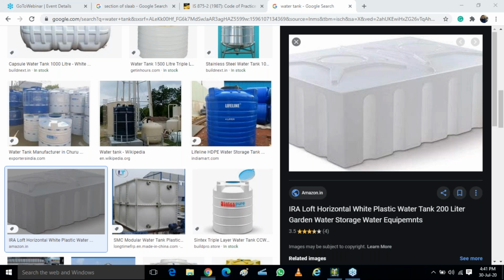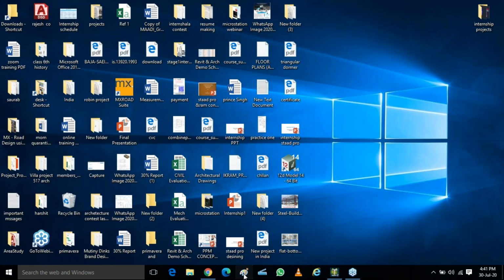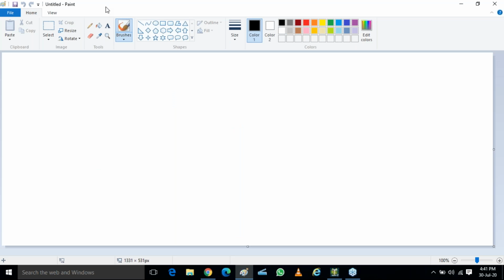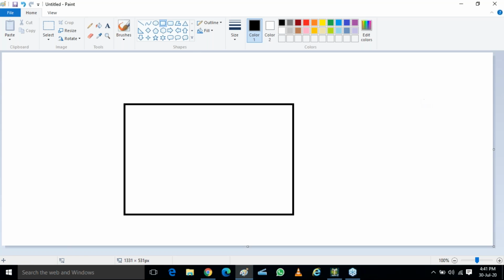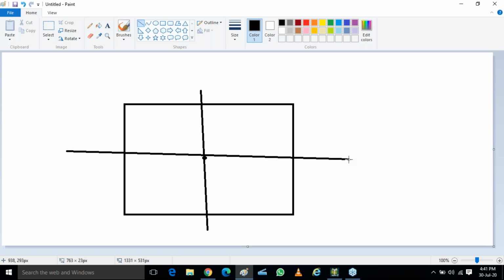For that, go to your... this is your plate, this is your center. Taking the center x, y coordinate, I'll draw it like this. If this is 0 0, this part is my positive x and y.